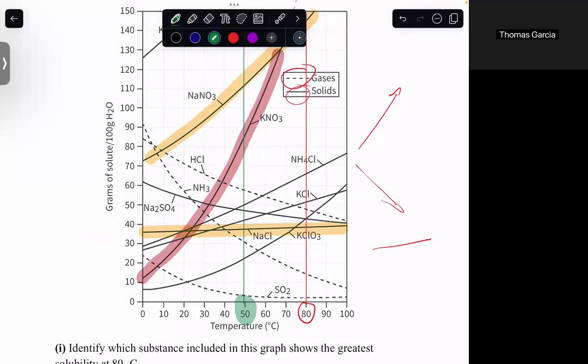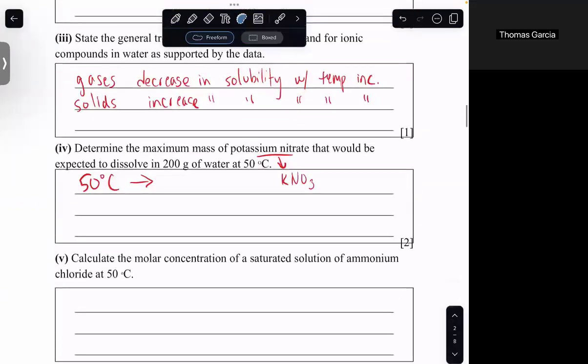So it intersects this line right about 85. Yeah, I'm trying to get this exact. Yeah, so it looks like at 50 degrees Celsius, we have 85 grams